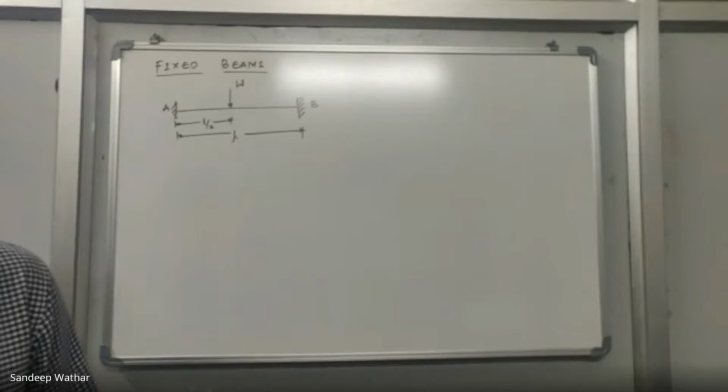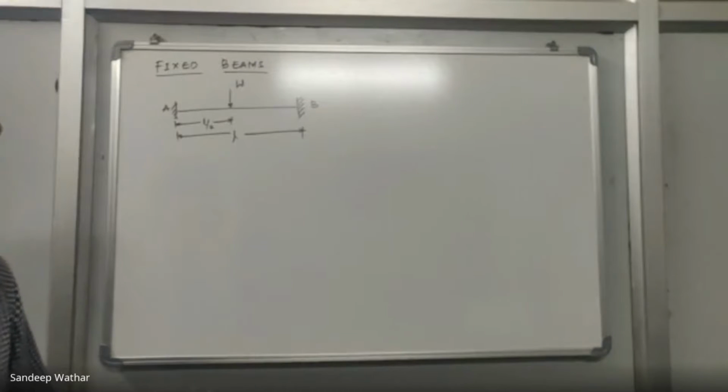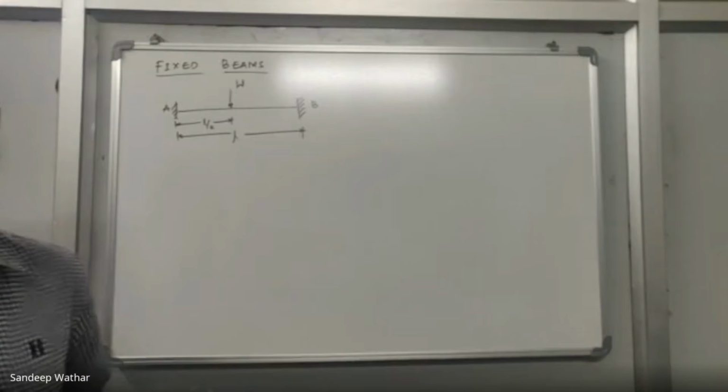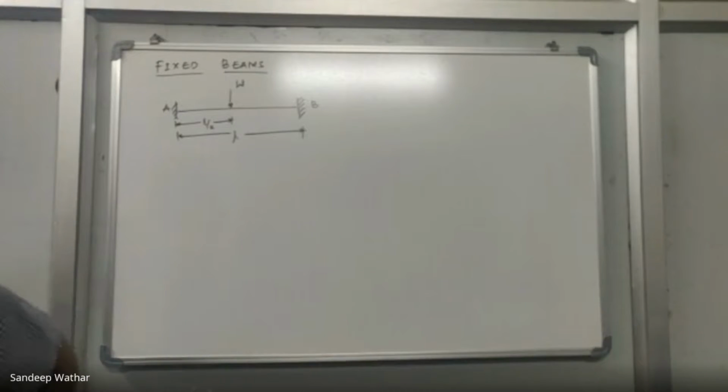In the previous lecture, we were discussing the introduction to the analysis of indeterminate structures. I briefly discussed some of the concepts from your previous semester, like indeterminacies with respect to static and kinematic in nature. Then I discussed fixed beams. Then I tried to differentiate between the subject studied in the previous semester and this semester. I had also given a brief introduction of what topics and modules we cover